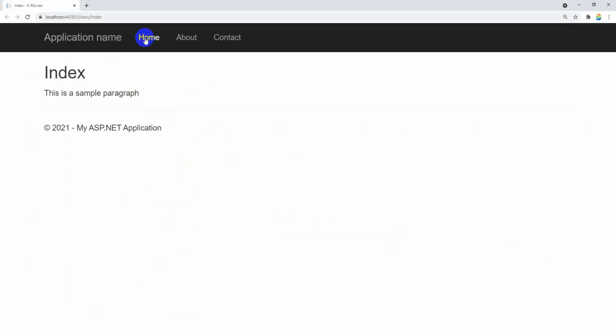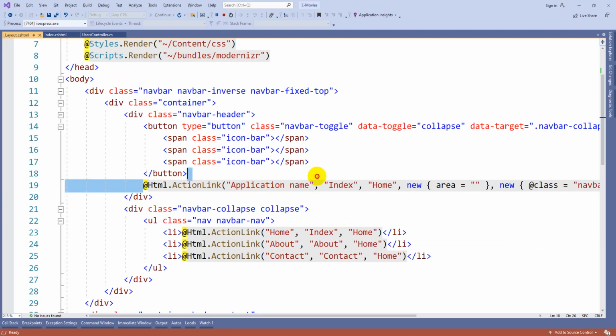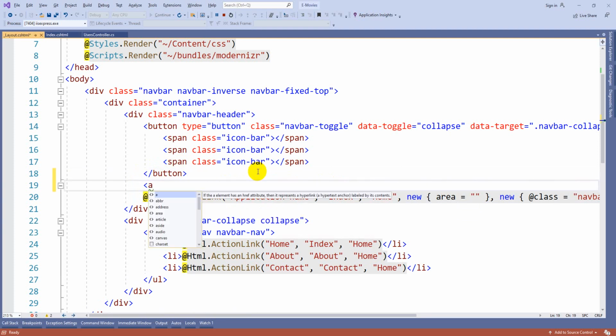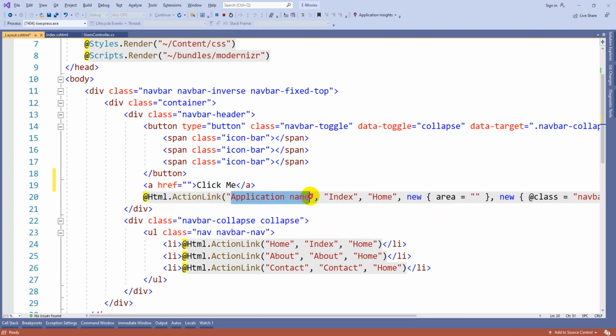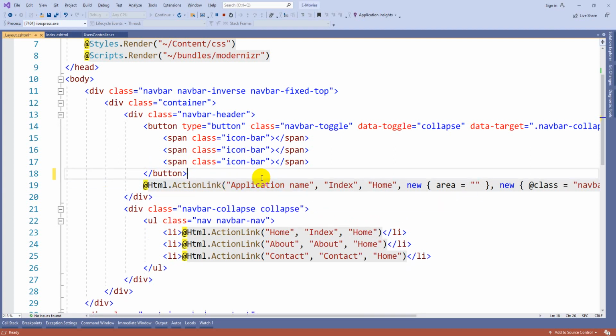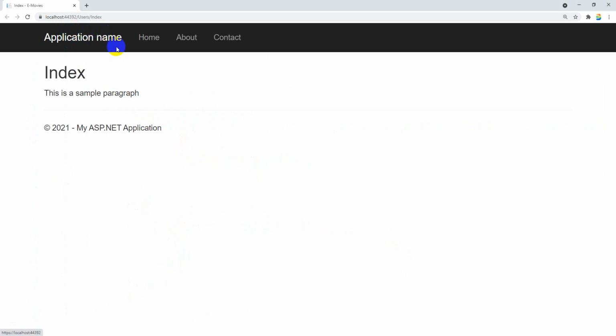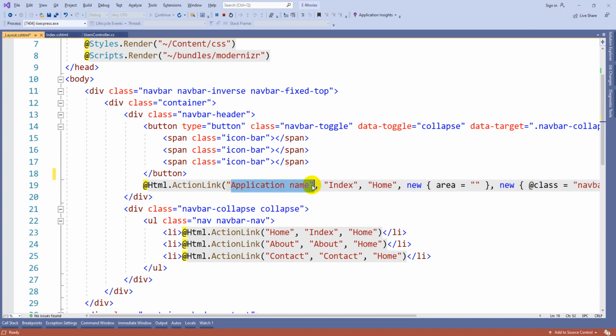So here, home. Before that we have one more action link, that is the title of the website. So that is what is called an action link. Here, the anchor text is equal to this one, guys. A href is equal to some URL, whatever it is, and in between whatever I am writing, so this click me is equal to this application name, guys. So now, in case I want to modify my application name, I will modify it here. If it is getting confusing, you can go ahead with our regular anchor tag also,